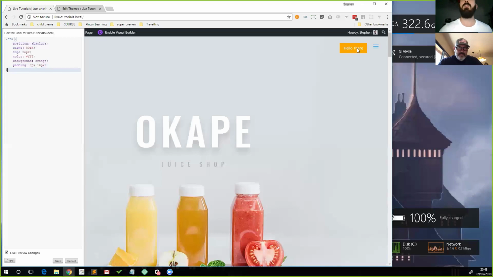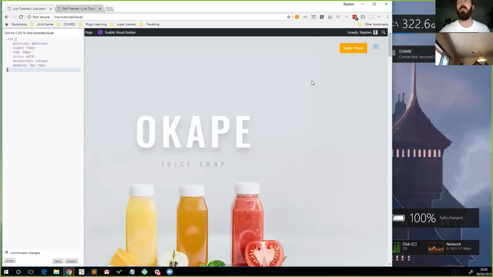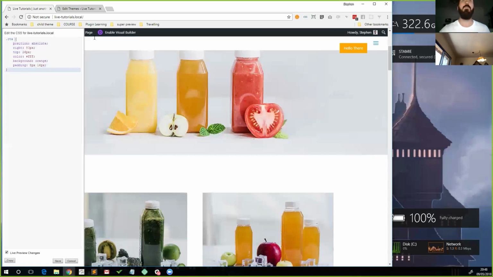So what we've done here is we've used jQuery to create this button, and then we've used a little bit of CSS to style it. Now, as we go down, you can see that the position changes because our menu adjusts, and that doesn't look great. So we could create two separate styles, one for the fixed header and one for the main header, by prefixing this selector with main header or .et fixed header. But what we'll do instead is we'll adjust the top and we'll create a calculation. So we'll say top calc,